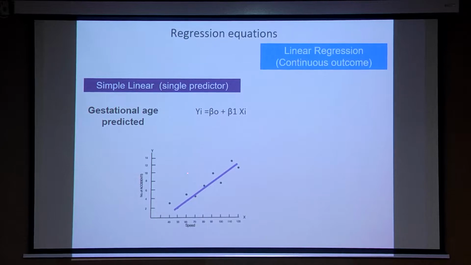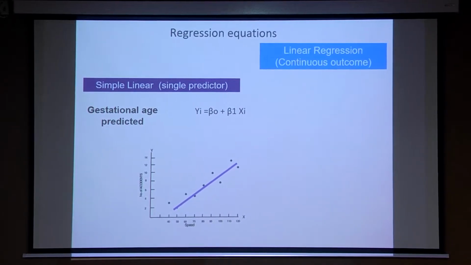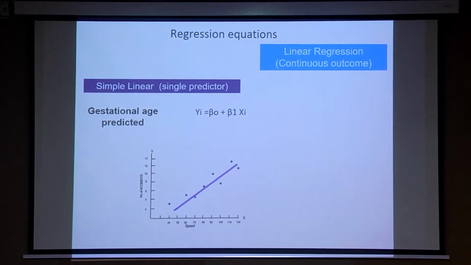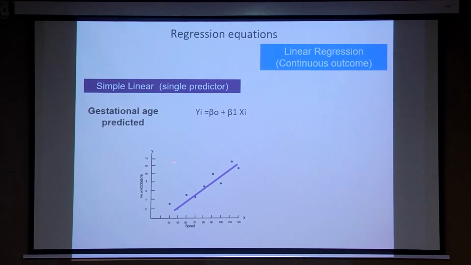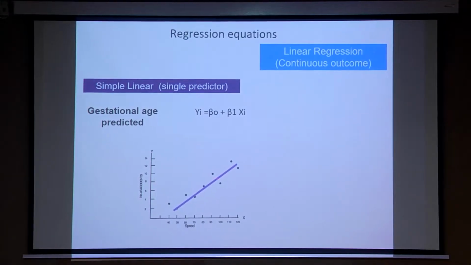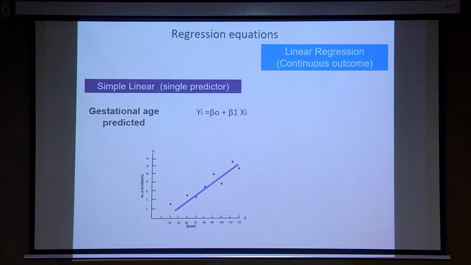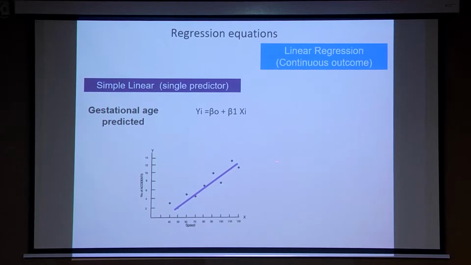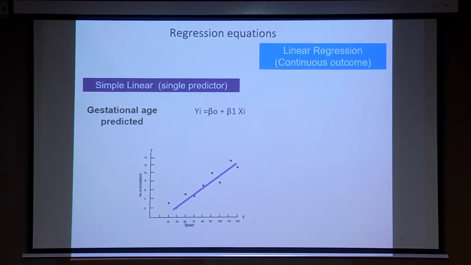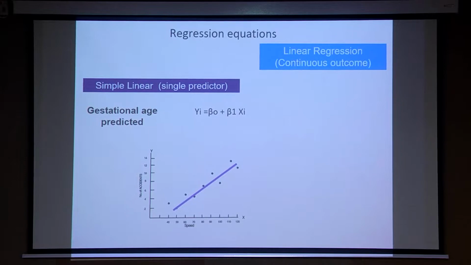Coming to the equation, you are going to predict something, say the number of accidents on a day based on the speed, or the gestational age based on the placental thickness. After you obtain the scatter plot, you try to draw a line. It's a line of best fit. Like in continuous data, you had a mean where half of the values will be on this side and half of the values on that side, similarly we try to create a line of best fit where the values will be equally distributed on either side of this slope line.